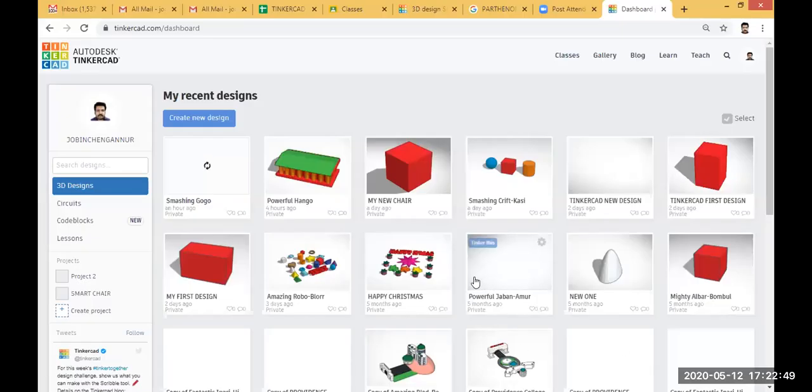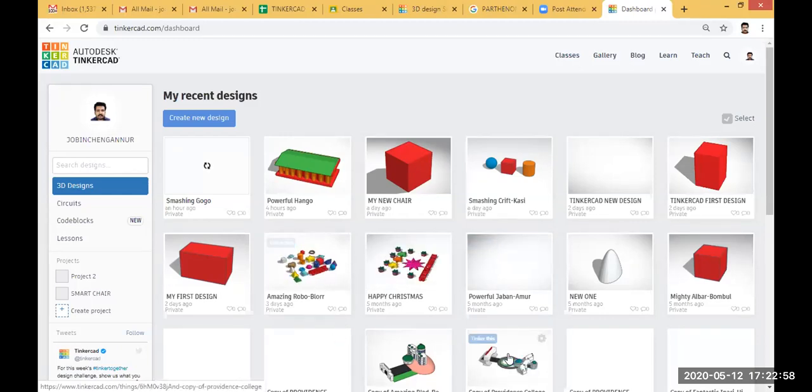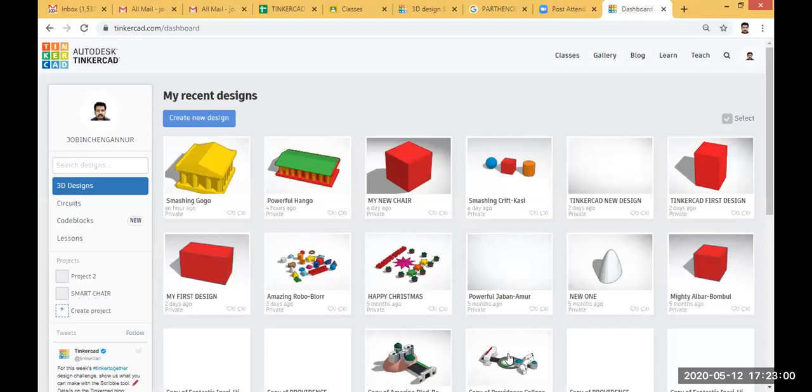Yeah, can you see my screen? Are you able to see my screen? Yes, sir.